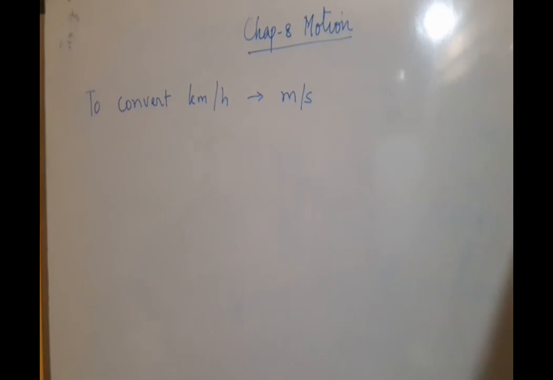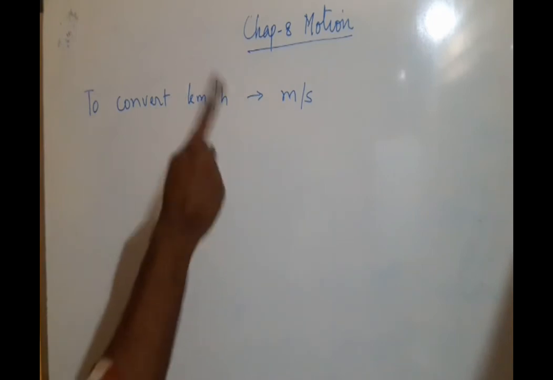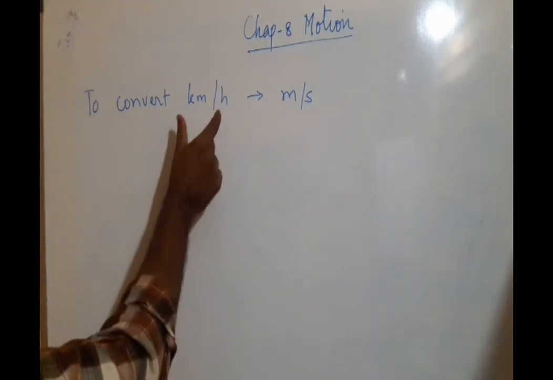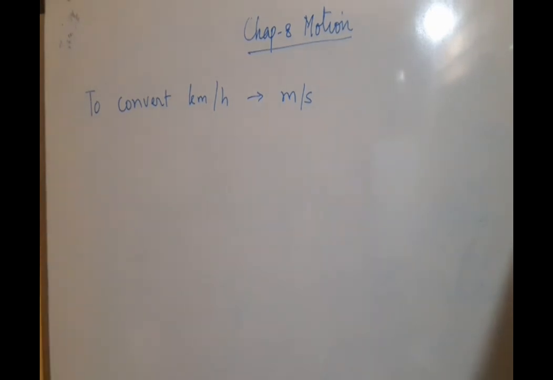Here we are converting kilometer per hour to meter per second. In some cases we have to do that. Why we need to do that? Because we learned the SI unit of distance is meter and the SI unit of time is second. We can have the answer in kilometer per hour, but we convert to meter per second because they are the standard units. Now in the previous example we did it, but here we are now going to learn the method. How do we do it?